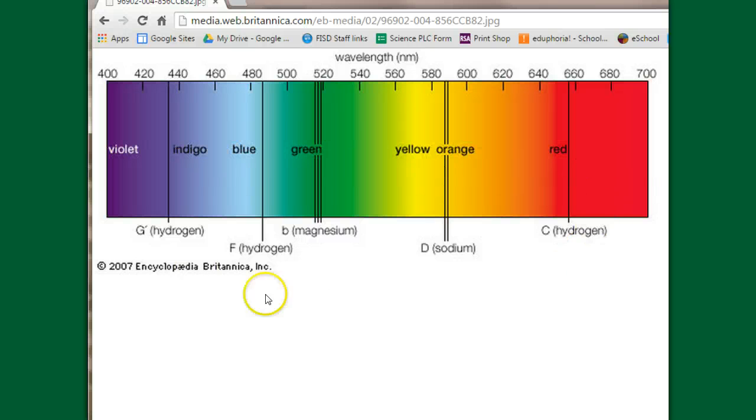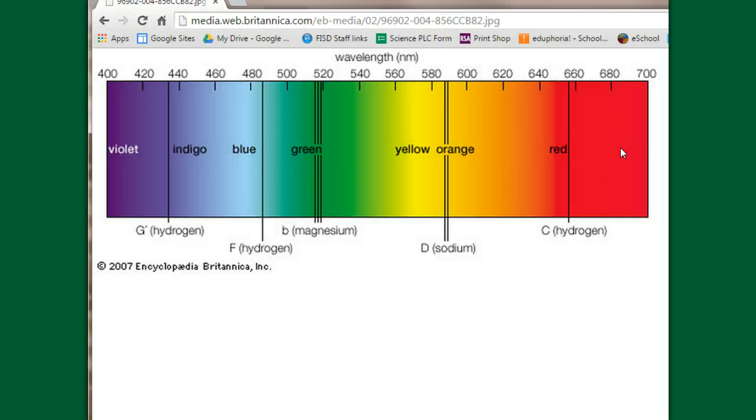The letters are in this order because this is in order of increasing frequency. But notice what the wavelength does. We have really high wavelengths on this end and they decrease toward this end. Because of the equation v = fλ, we know that the wavelength is inversely proportional to the frequency of these waves. So when we have really high wavelengths, we have low frequency, and vice versa. Low wavelength is high frequency. So on the visible spectrum, the blue-violet end is the highest frequency, the red-orange end is the lowest frequency,